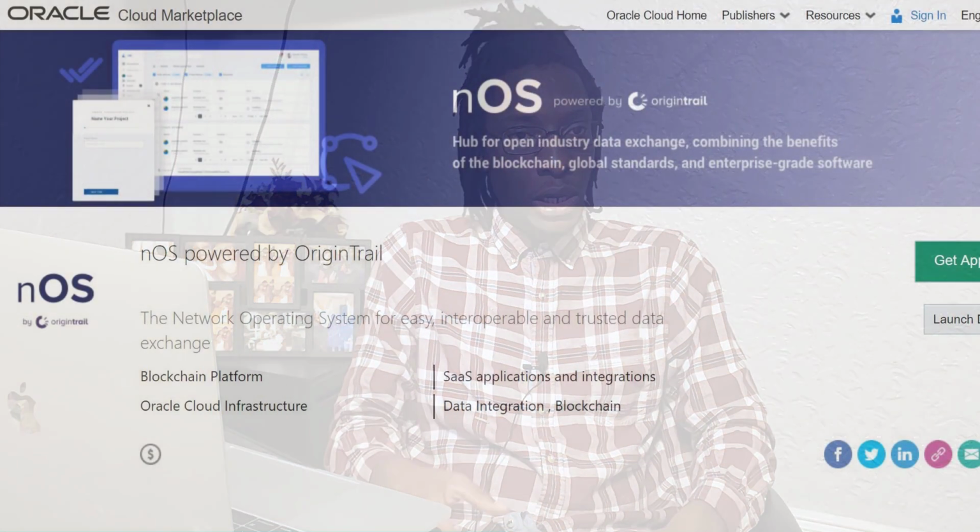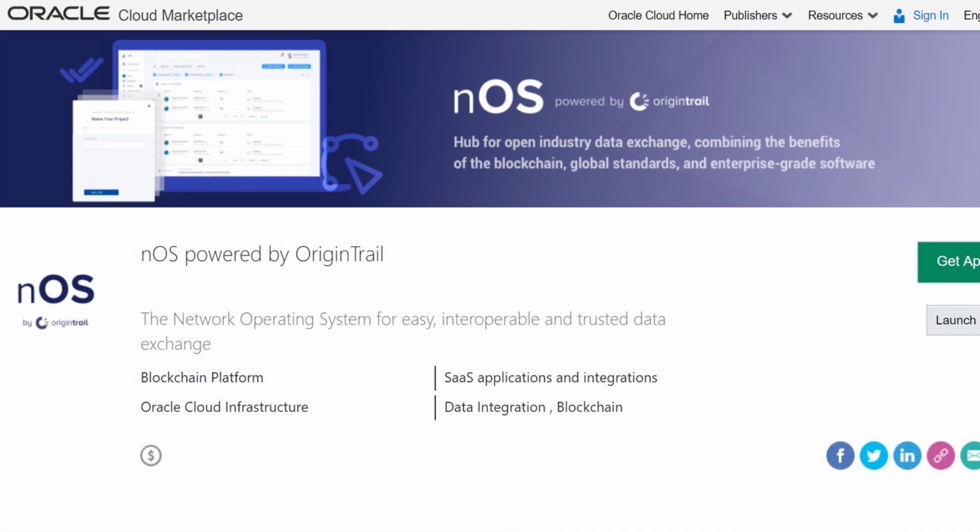Now, usability, of course, is important. No one's going to use a technology you can't understand. No one's going to use a technology that is not easy to integrate. Now, luckily for us, the OriginTrail team are a team of professionals, and they know how to gain enterprise adoption. So when we're talking about enterprise adoption, we're talking about NOS, or the OriginTrail Network Operating System,